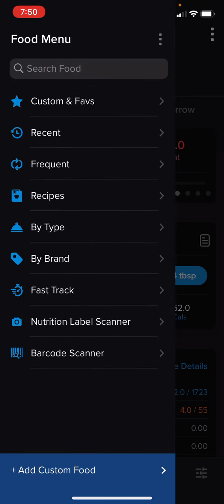So here we are back in the main menu. Just keep in mind that these are folders, and keep in mind that searching isn't necessarily the correct thing to do, because those entries may not be right. They may be listed in ounces, they may be listed in slices, and we need them by grams, and we need to be as accurate as possible. So hopefully